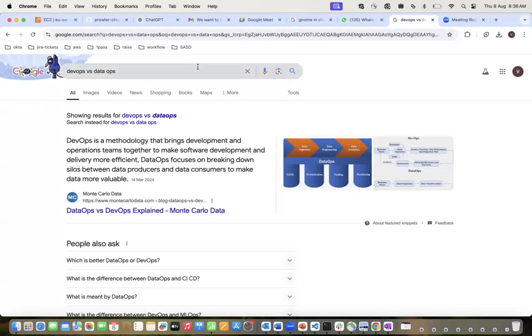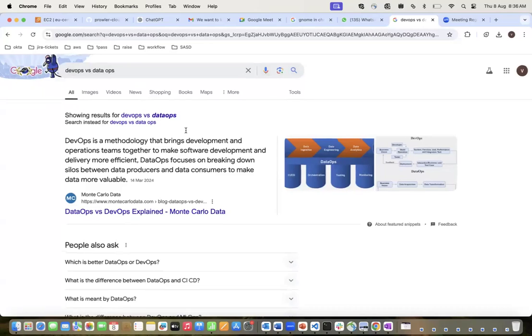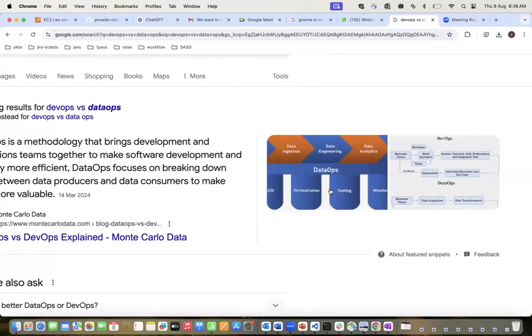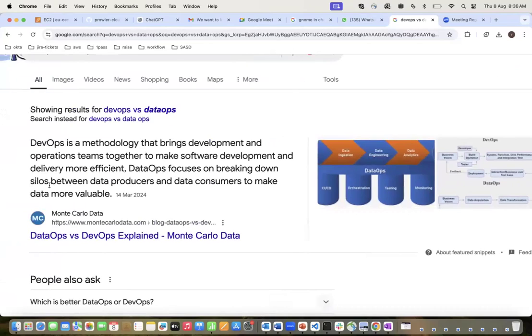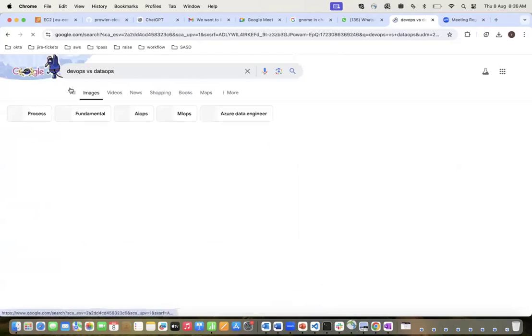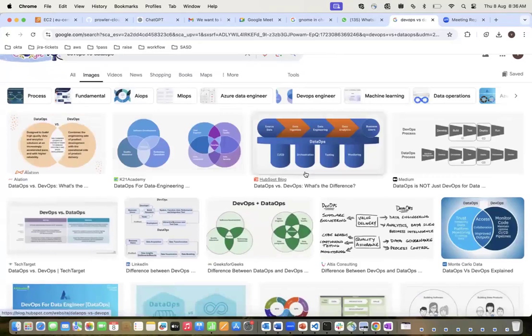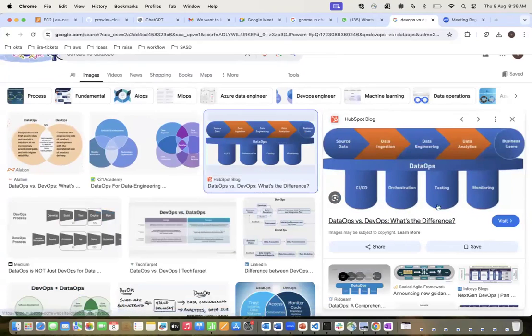Now we need to focus. Everyone here needs to focus only on DataOps. What is DataOps? DataOps focuses on breaking down the silos between data producers and data consumers to make data more valuable. This is what we should learn in the real-time scenario. This is a next-level topic, but basically